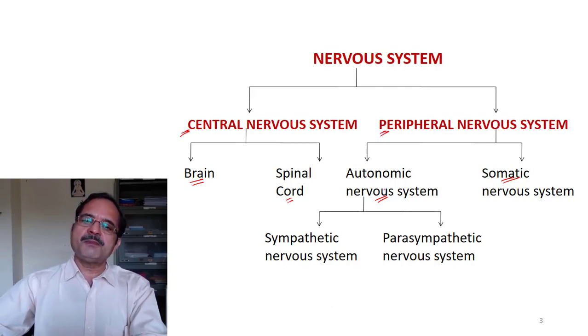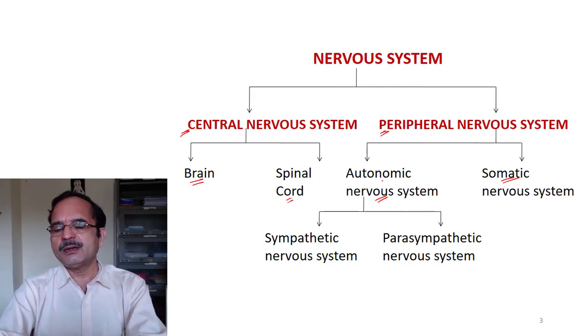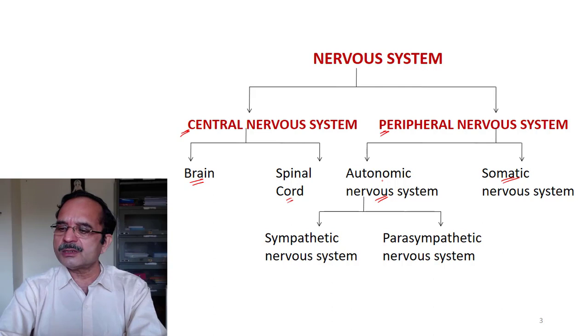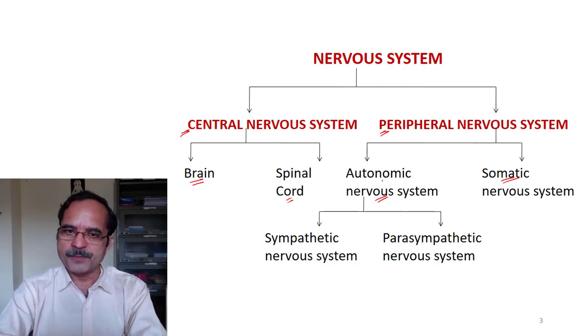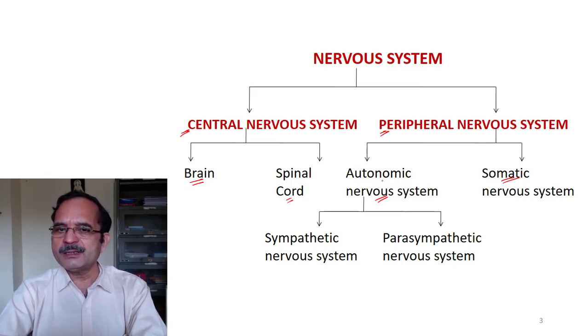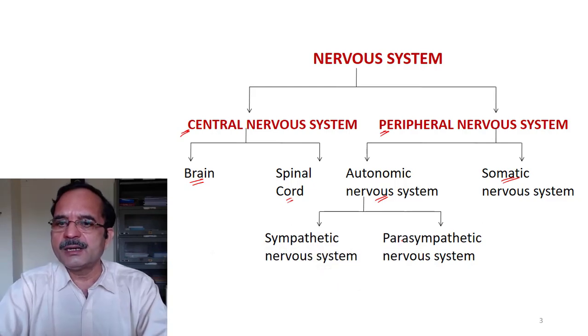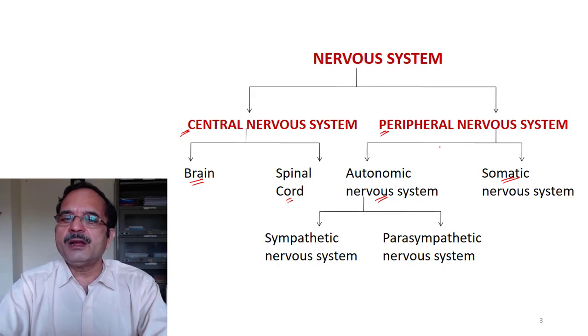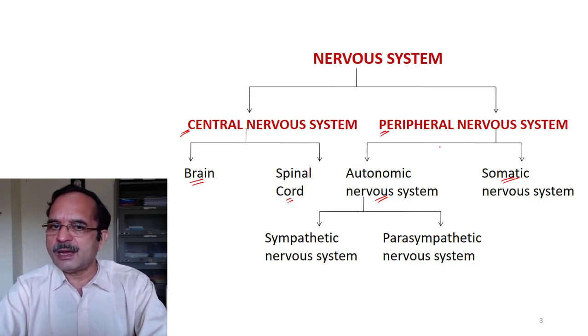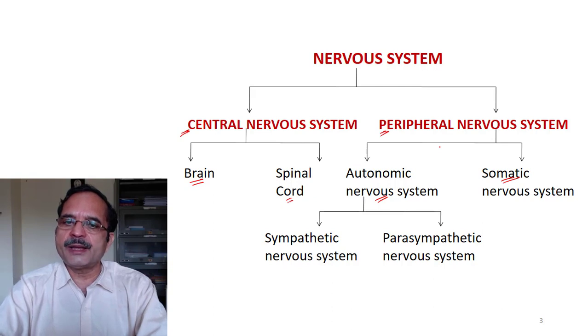Autonomous nervous system, that means this is actually the autonomous nervous system. It controls the various functions of the body automatically. That means without any extra effort from our side. In other words, this connection gets disconnected. Okay, so the peripheral nervous system, as we were discussing, is classified into two categories: autonomous